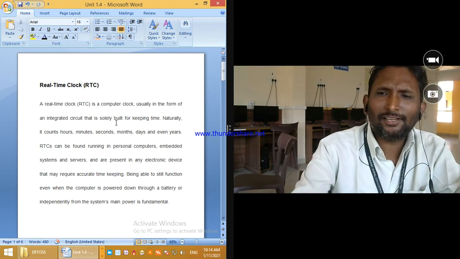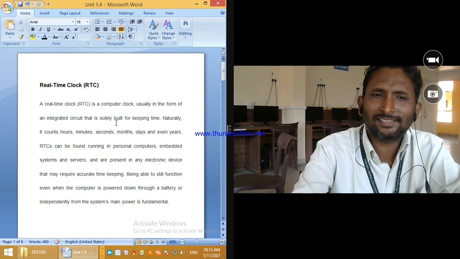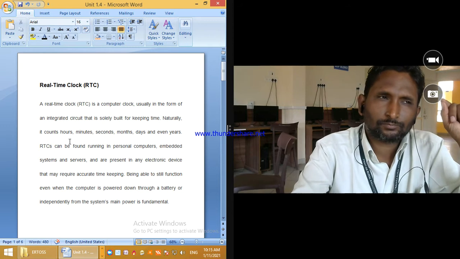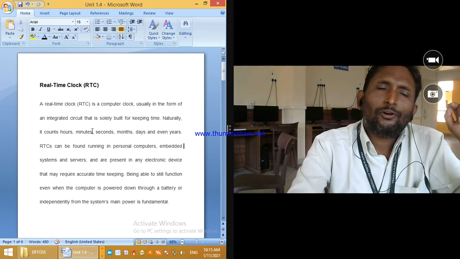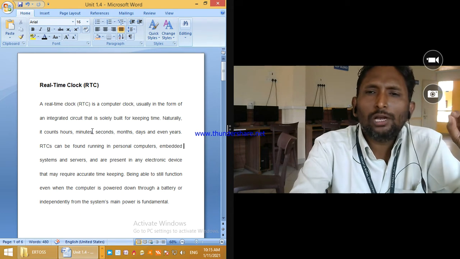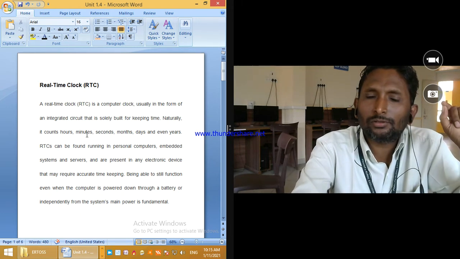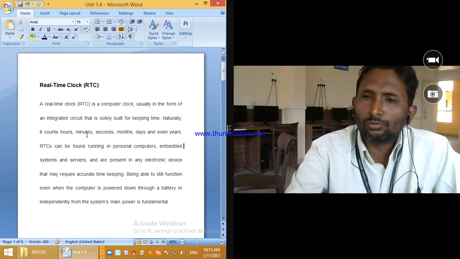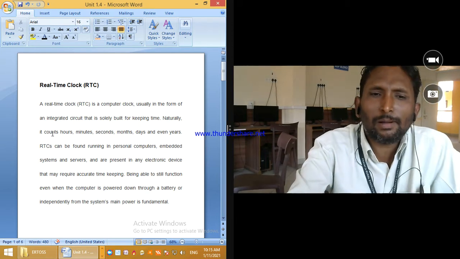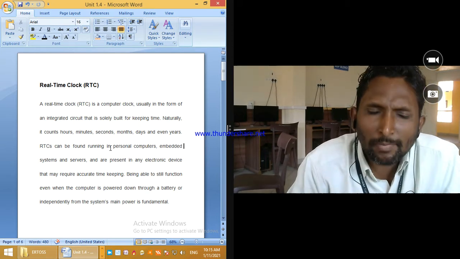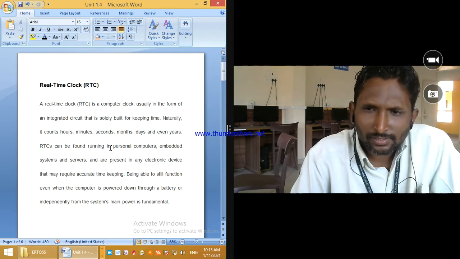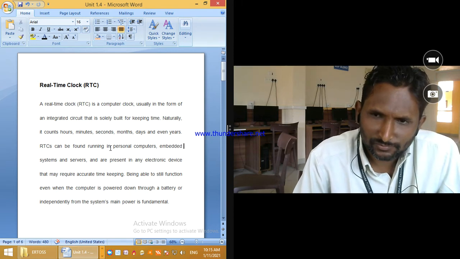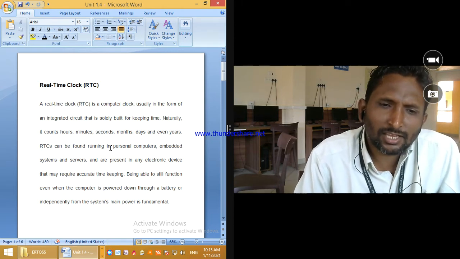Let's see one by one. To help you understand, I have given you this example. A power supply first. For an embedded system, a 5-volt DC power supply is required. If I ask you which kind of power supply is required in an embedded system, if Prafulla is there, she can share the answer. Which kind of power supply? Whether AC or DC?